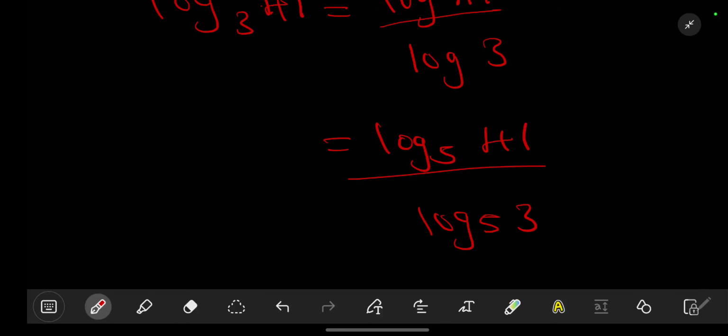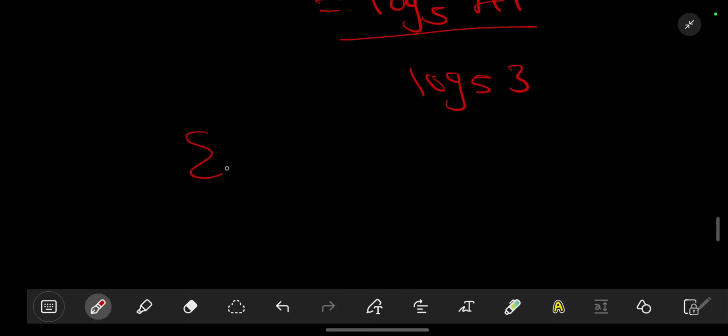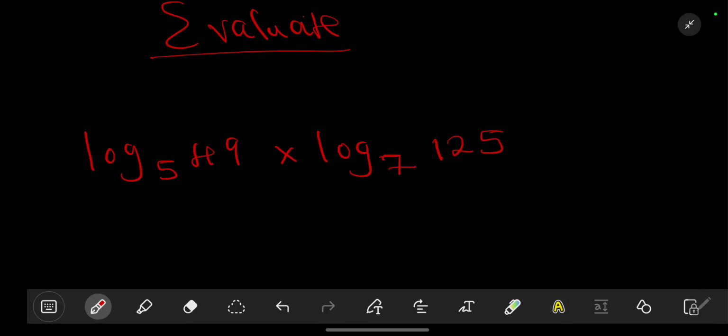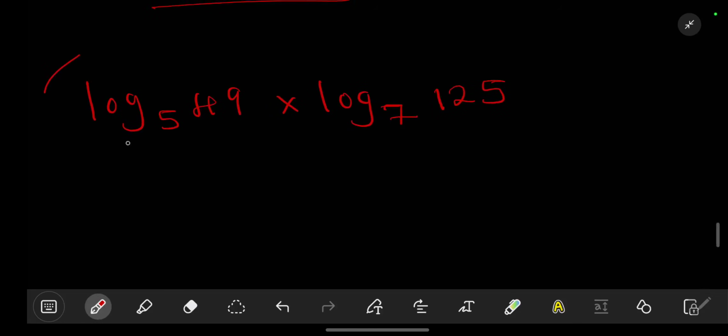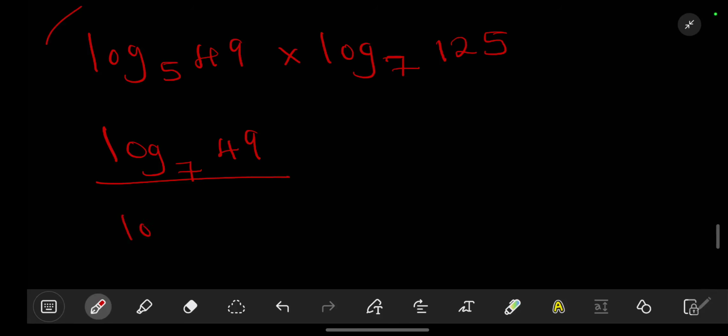Now, with that said, let's begin by solving a question. Let's evaluate this before we go to equations. We are told to evaluate this. The bases are different, so let's express this in terms of 7. We say the log of the last number base 7, over the log of the base base 7. Then we have times